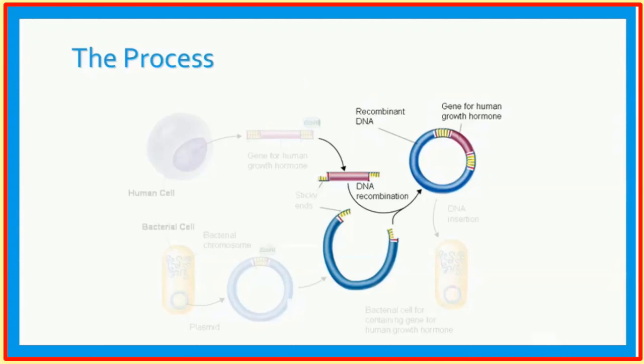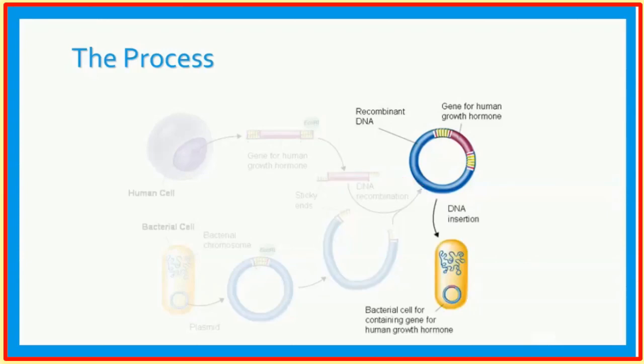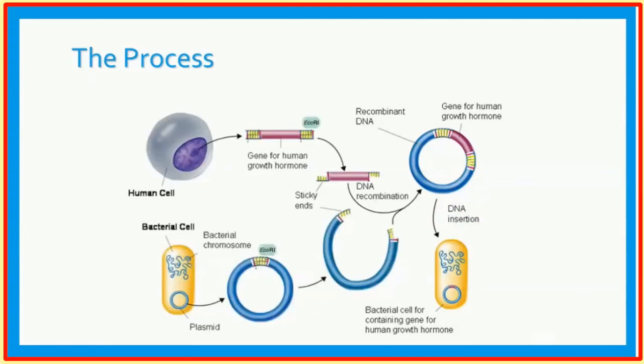The sticky ends of both the plasmid and the gene come together, forming a complete plasmid. This process is called DNA recombination, and the plasmid product is recombinant DNA. The recombinant DNA plasmid is inserted into a bacterial cell. The bacterial cell will clone itself many times over, therefore making many copies of the recombinant DNA plasmid. Here's an overview